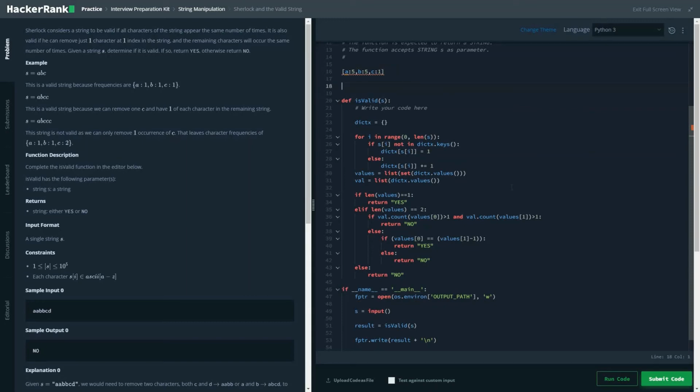in this line, if value of 0 equal to minus value of 1.